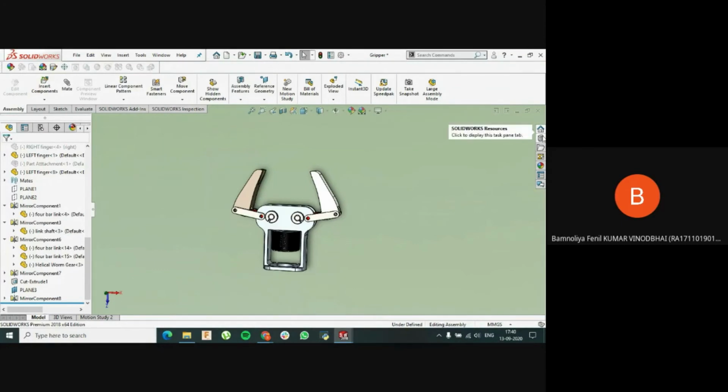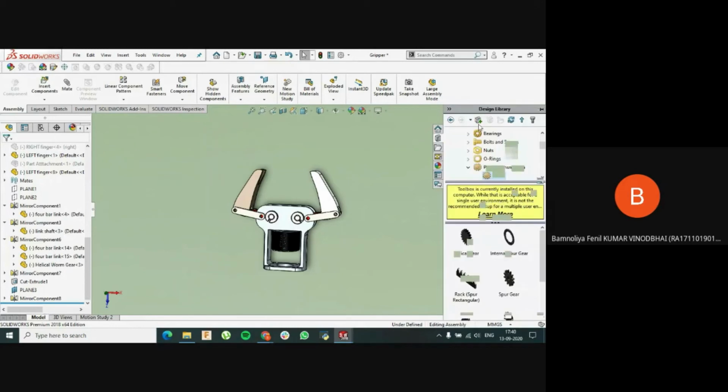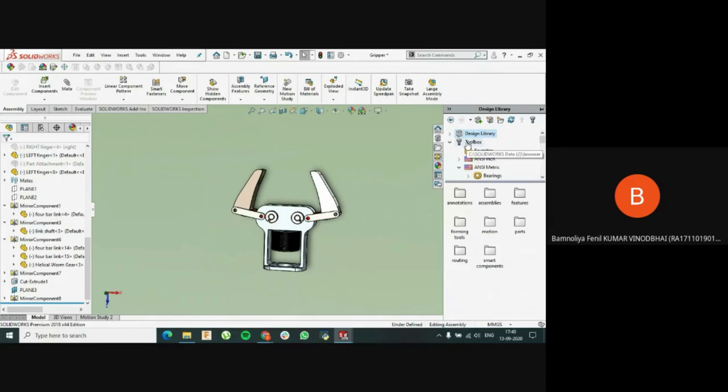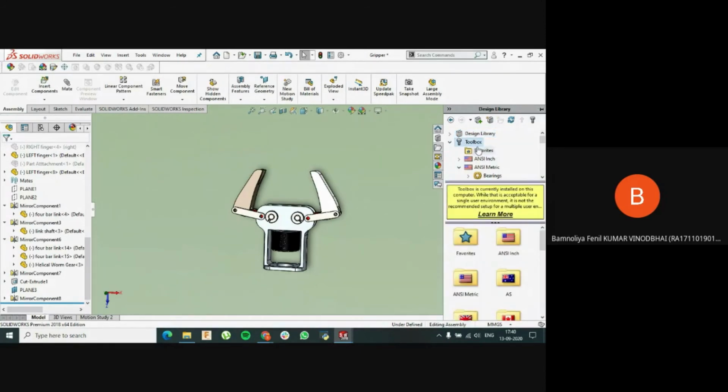So there is one interesting feature that SolidWorks provides, which is the design library. There you can find the toolbox, in which they have given different unit standards and different companies, even companies specialized in those products. So I'm going to choose Matrix. Then you will find basic mechanical components, the bearings and nuts, power transmission gears and rings, and all this.